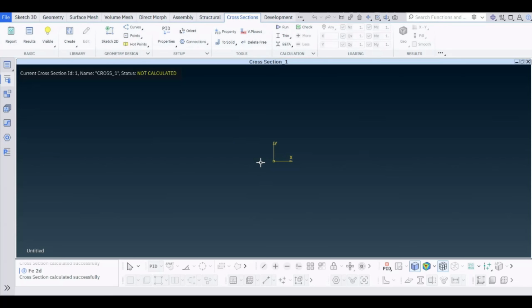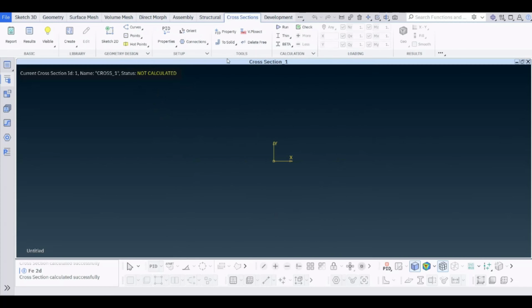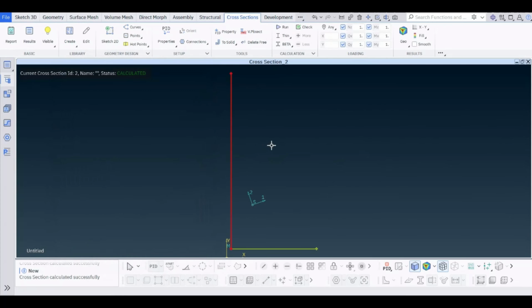Through the tab the user can create and modify cross-sections, using either the 2D sketch option, which enables a temporary tab, or the Create function to define standard profiles. Set up their properties from the respective group.